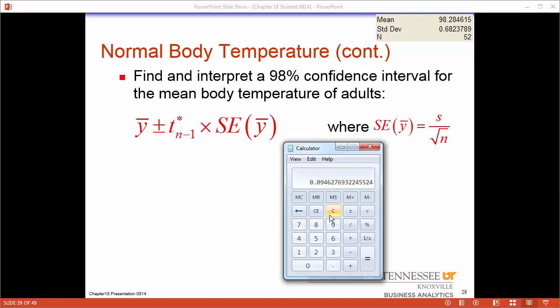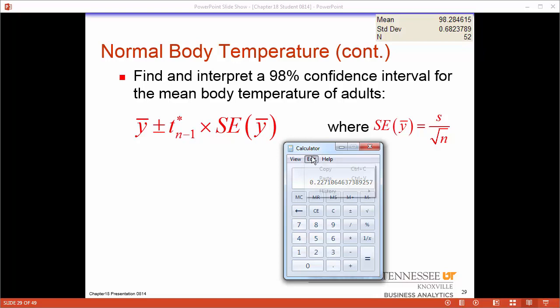0.68237 divided by the square root of 52, which I already had saved. And we get that for the new standard error of y bar. I'm going to copy this right now, and I'm just going to multiply it by the t-statistic. The t-statistic times the standard error is going to give us the margin of error. So my margin of error is